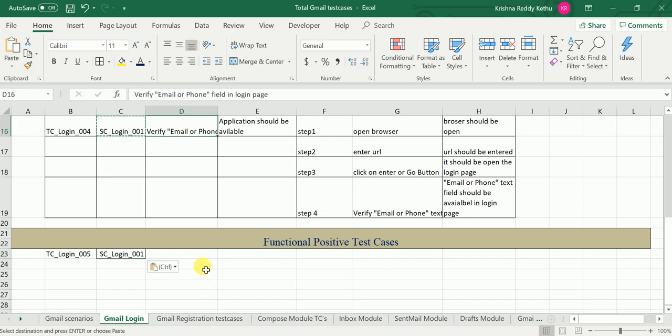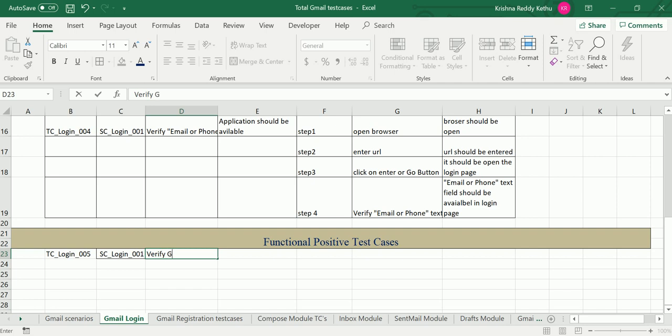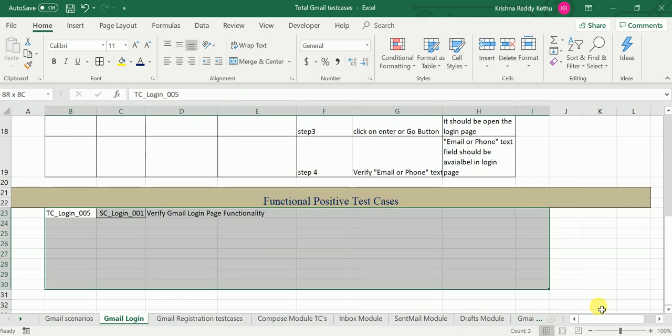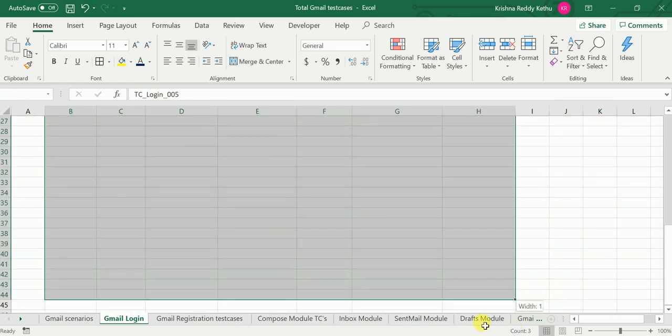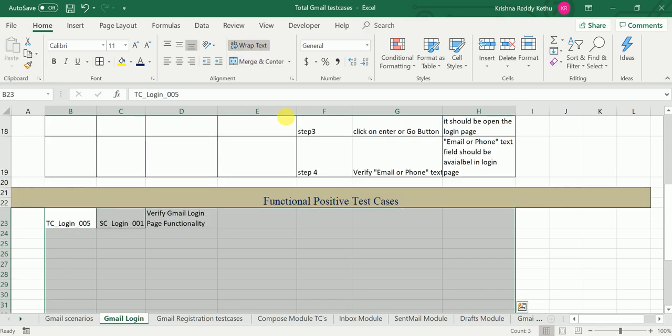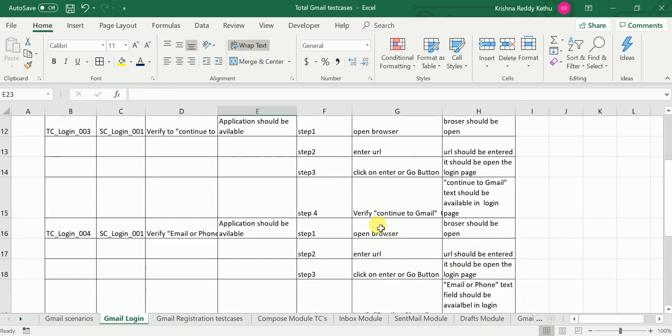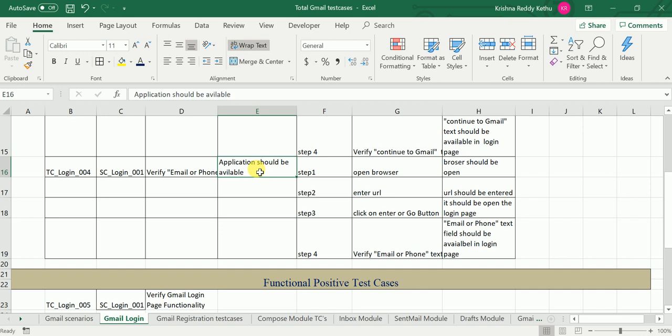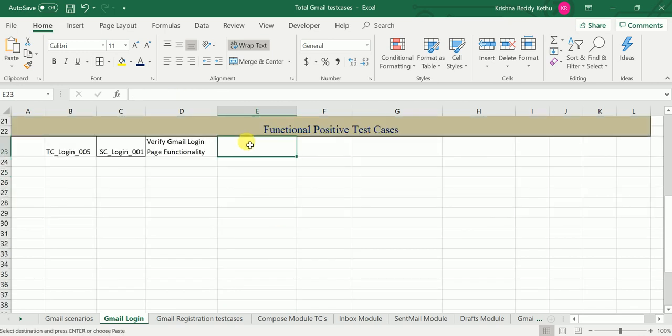Now here my test case is verify Gmail login page functionality. Okay, I am using Gmail. My prerequisite is application should be available for us to continue with.